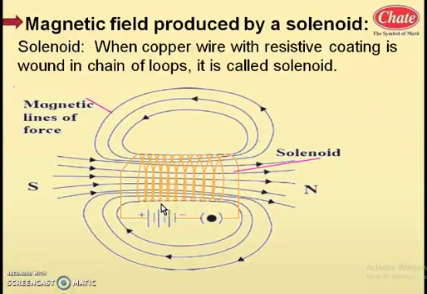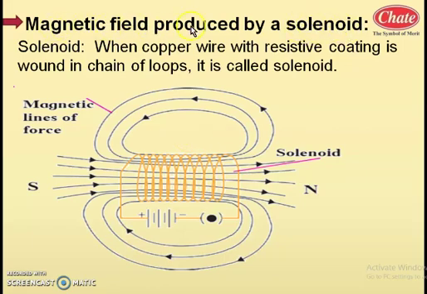Let us see the next heading. As we have studied in the last part, if we increase the number of turns, the number of circular loops, to n times, then the magnetic field at the center will also be increased to n times. So how to arrange the n loops? The n loops are arranged by this modification. This is named as solenoid.